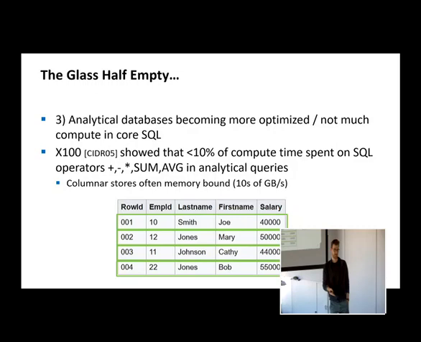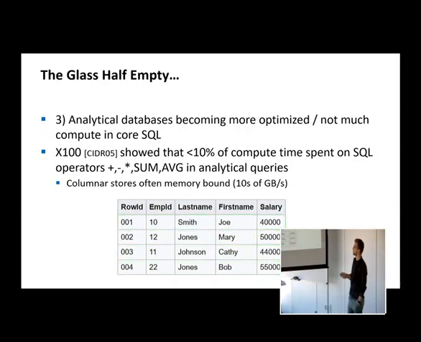So around 10, 15 years ago, what happened in the space of analytical databases is people realized that if your goal is to go through large amounts of data and you're not necessarily interested in all the columns, then instead of going through the data like a snake, reading the row of the first tuple, employee ID, last name, first name, salary, and then the row ID of the second tuple, and so on,